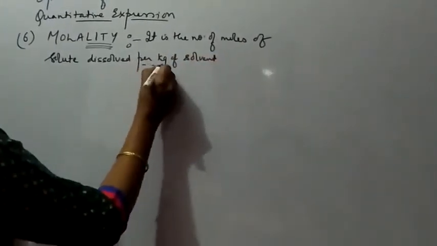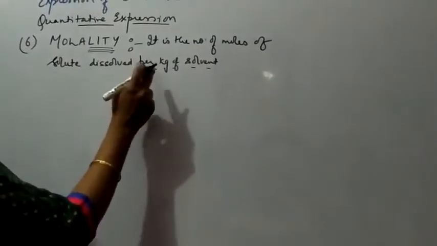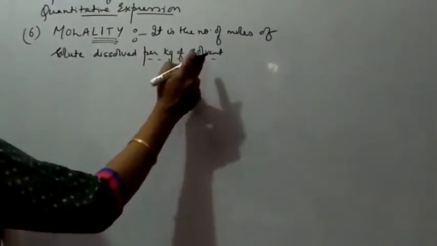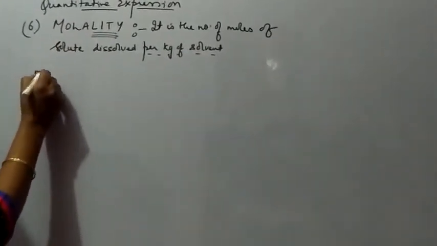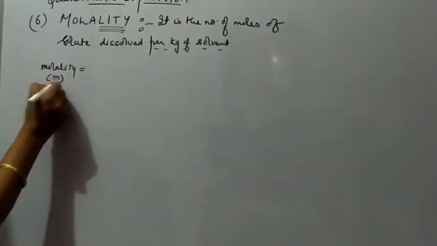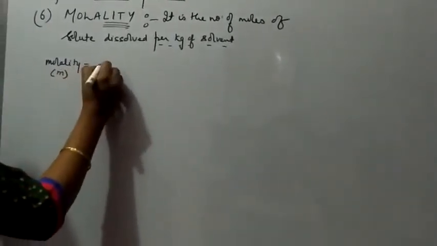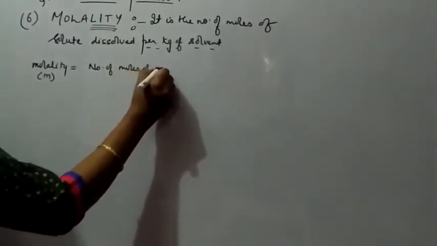You can easily see the difference, that it is per kg, that is, the mass of the solvent, right? So molality is denoted by small m. Molality is the number of moles of solute